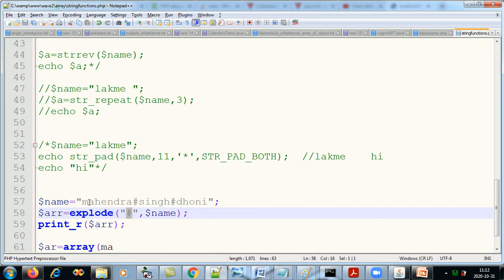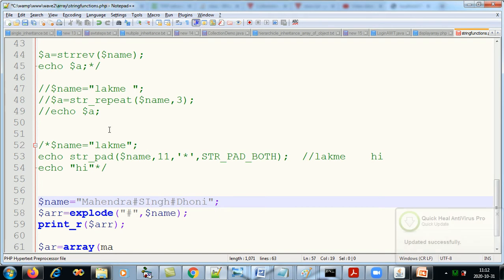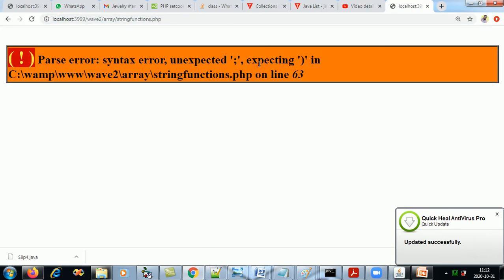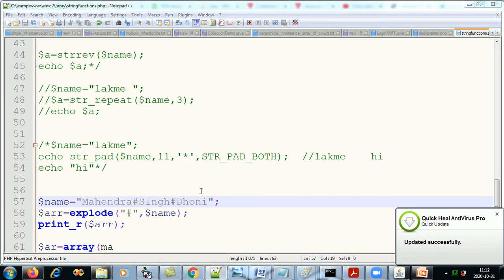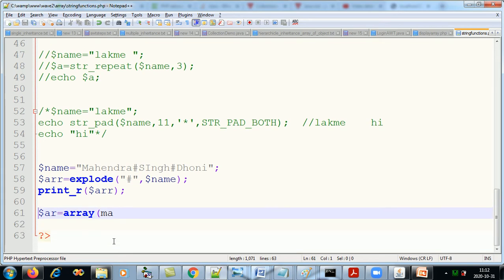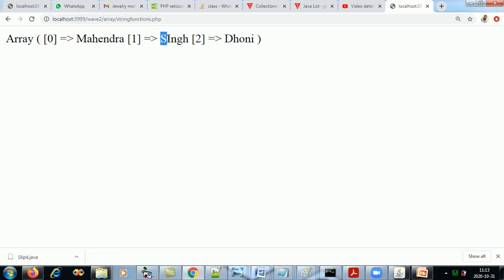If you want to see the difference, I'll make the M capital, the S and I capital here, and here the D capital. I'm making the I capital on purpose for you all to see the change. So I refresh this. What happened? The semicolon is missing at line number 63. Okay, below part there are some changes, so we can comment that. Yeah, so see the SI is capital. So this was converting a string into an array.